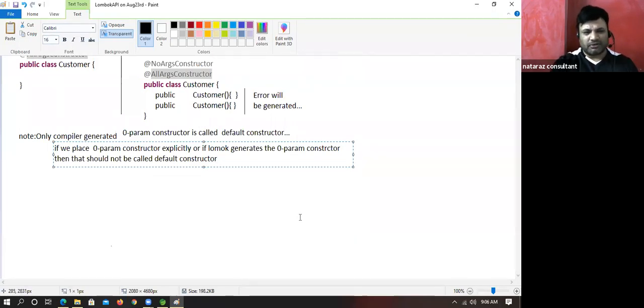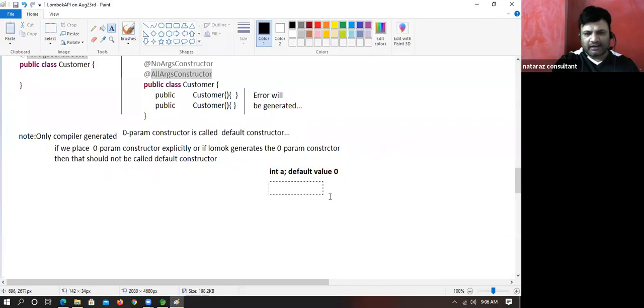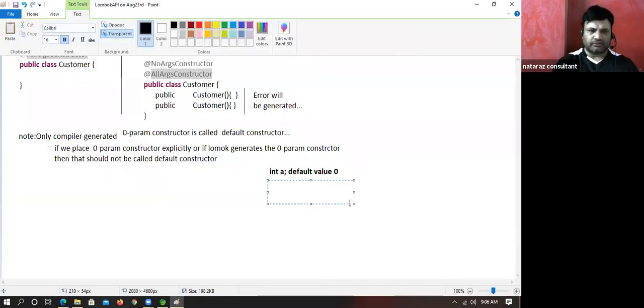I'll ask one simple question, boss. int a as an instance variable. What is the default value? 0. Are you ready to say default value? 0, right? Now I said int a = 0. Now tell me, here default value is 0, initial value is 0.